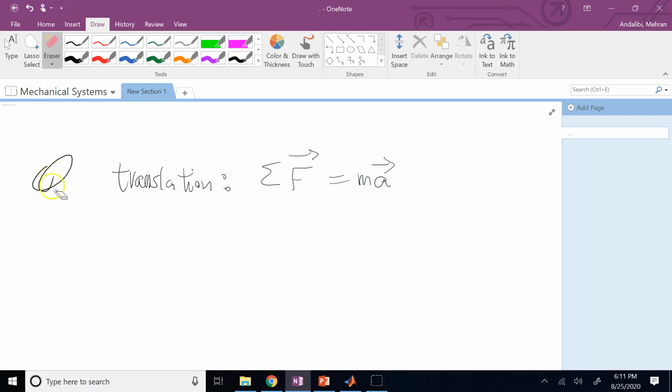So this is a vector equation. If you write it along any direction, X, Y, or Z, then you will get those 3 equations I just showed you. And then for rotation,